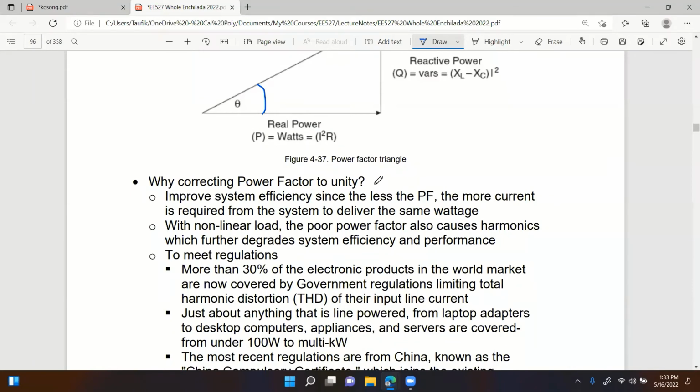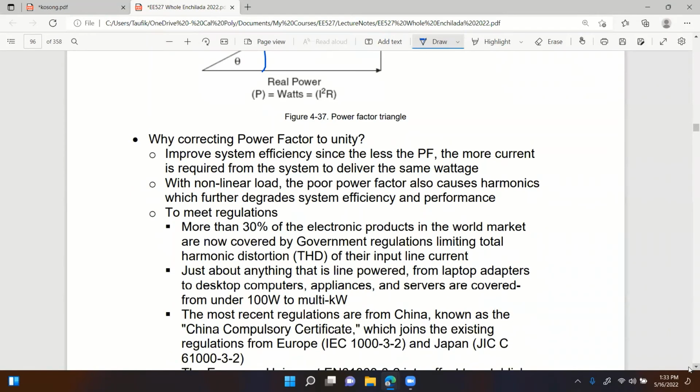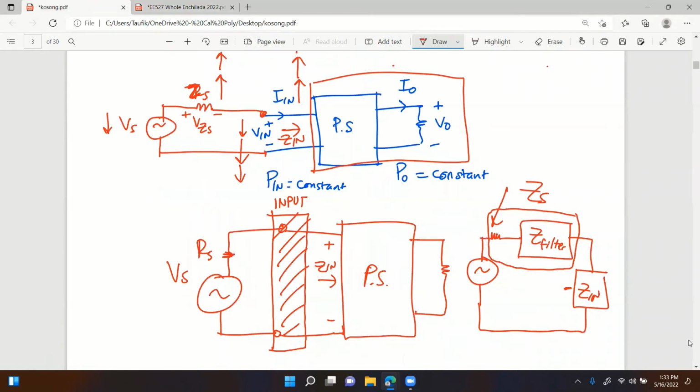Why correct power factor to unity? To improve system efficiency, since the lower the power factor, the more current is required from the system to deliver the same wattage, right? So let's say I'm looking at a power triangle,